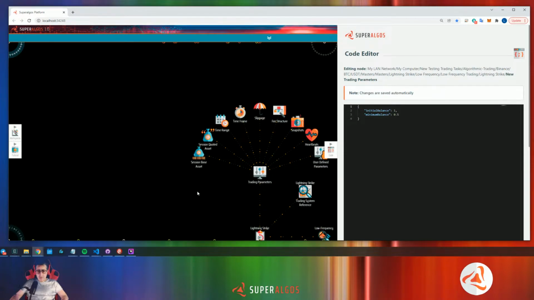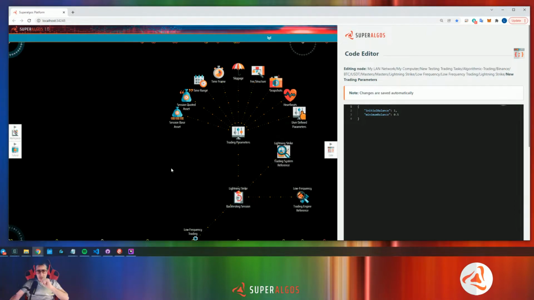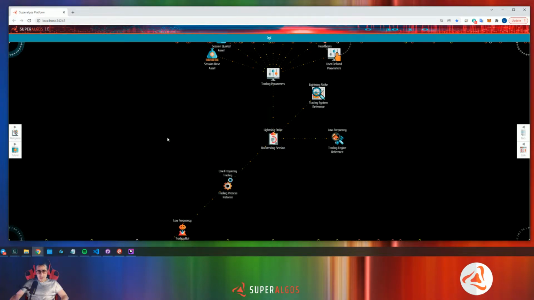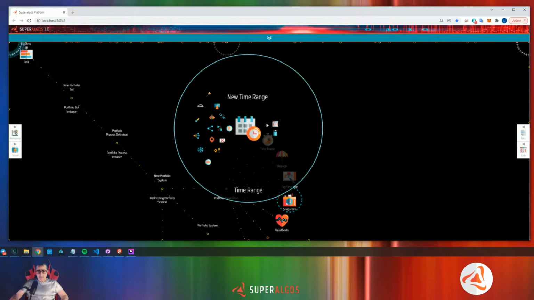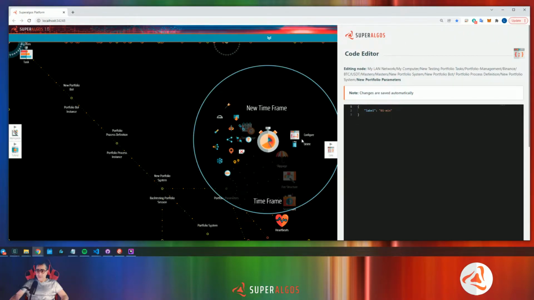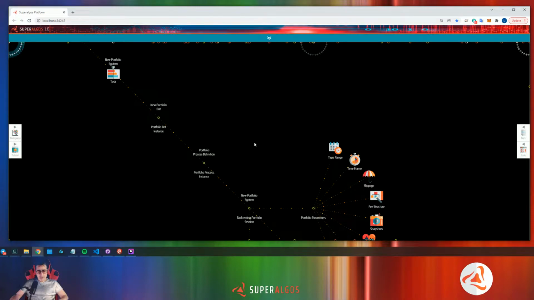I never remember which is the right setup for this, because this is like the strike strategy. So what I'm going to do is save this. I know the time range is good, this is the default 1 minute, but I'm not sure if the other parameters are right or wrong. So I'm just going to save this and go to